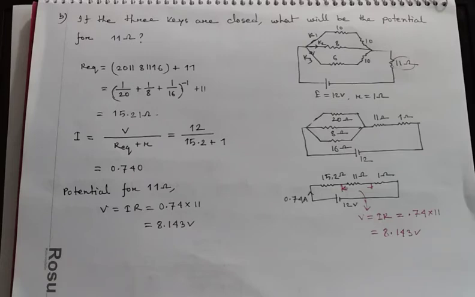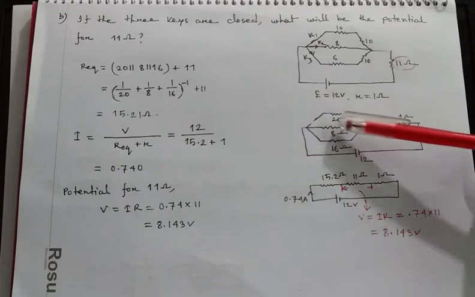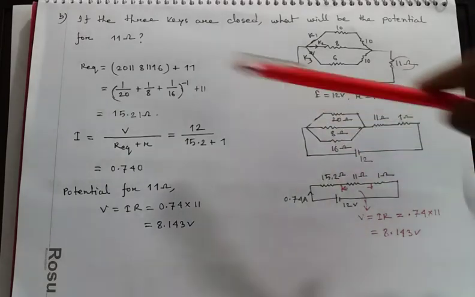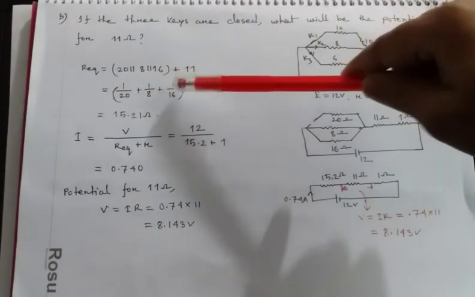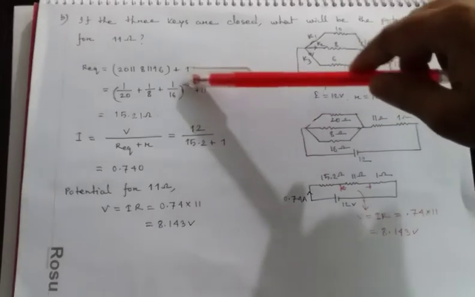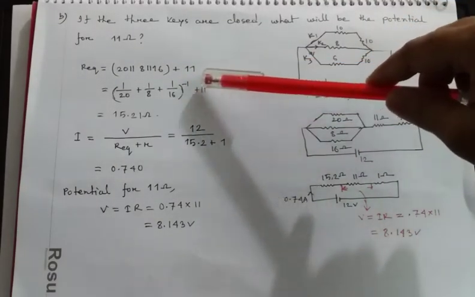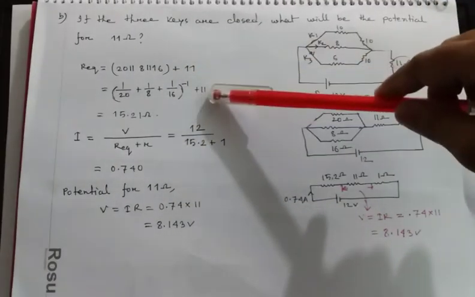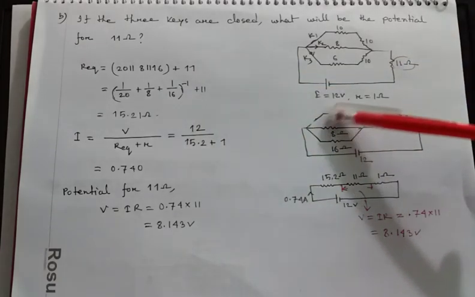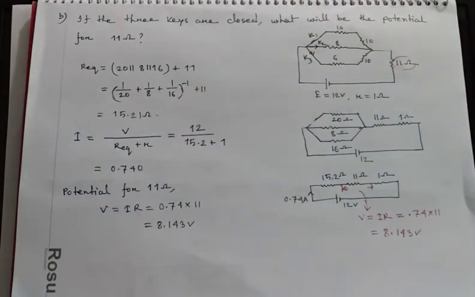Or you can make the calculation in this way: the equivalent resistance of the circuit, 20, 8, 16 are in parallel, and plus 11, this is in series, so directly we will add this to this combination,